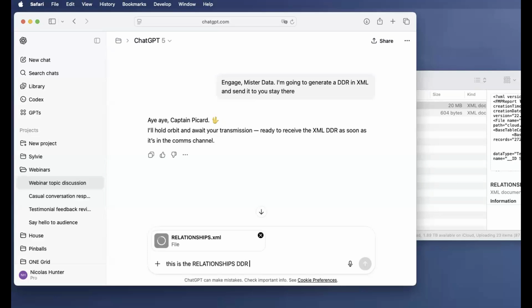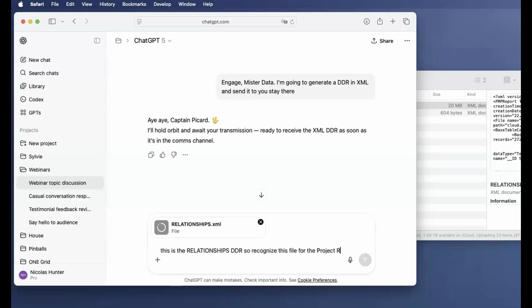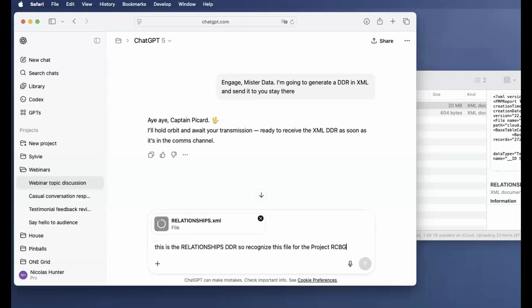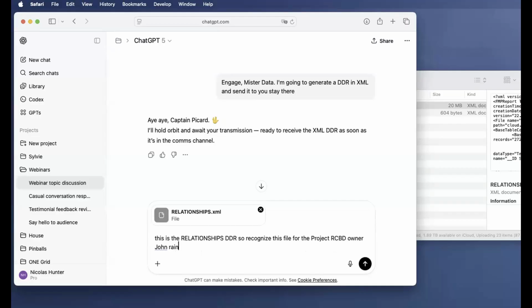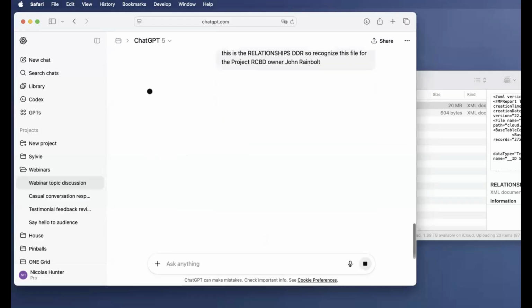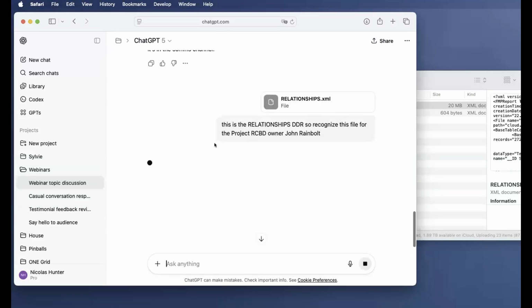DDR. So recognize this file, folder project RCBD, owner John Reynolds. Okay, so now the file will be recognized as is and is going to store it. So I'm going to ask,